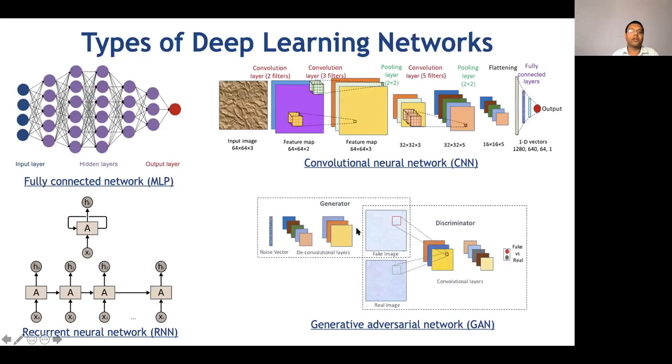Deep learning comes in different size and shape and color depending on what you want to do with it and what kind of data you have at hand. So if you have regular tabular numeric data, you can use fully connected networks. If you have image data, you can use convolutional neural networks. Anything to do with time series, like language modeling or weather prediction, any sequential data, you can use recurrent neural networks or its variants. And then generative adversarial networks are a special class of deep learning networks, which are based on generative models. And it has two networks, generator and discriminator, which are trained in a competitive fashion.